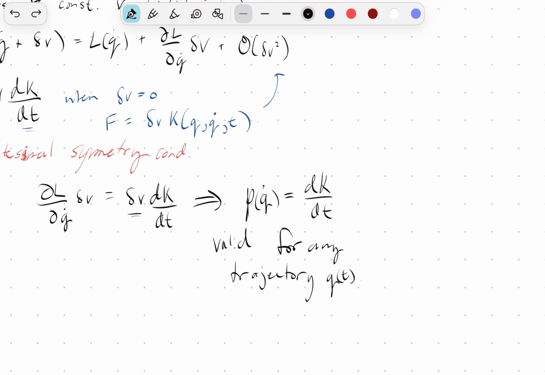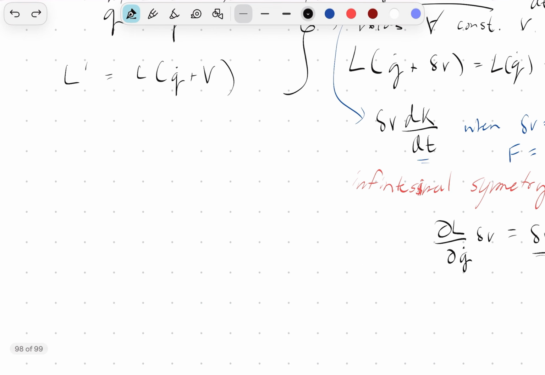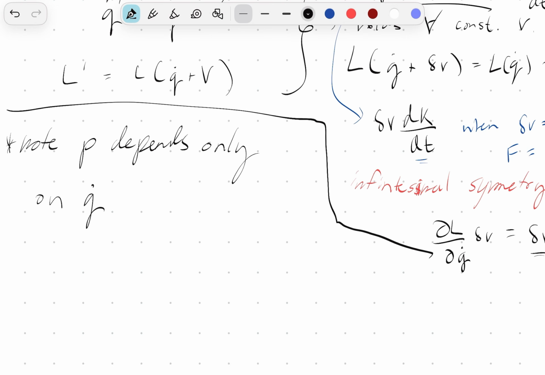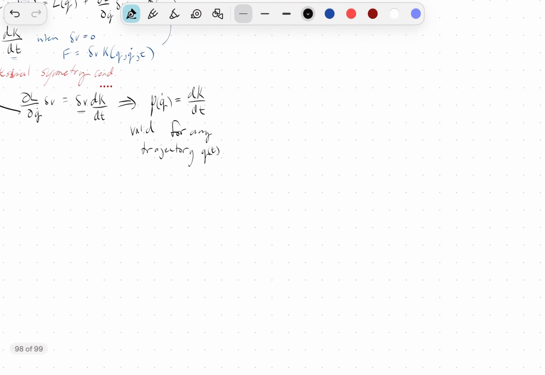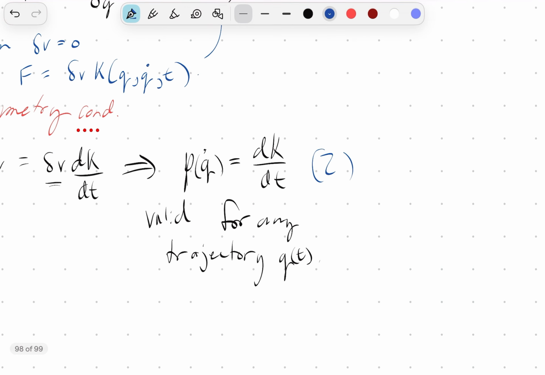In order to do that, we have to note that momentum depends only on q dot. And we have that this right-hand side, this equation, let's call it equation 2, this equation here